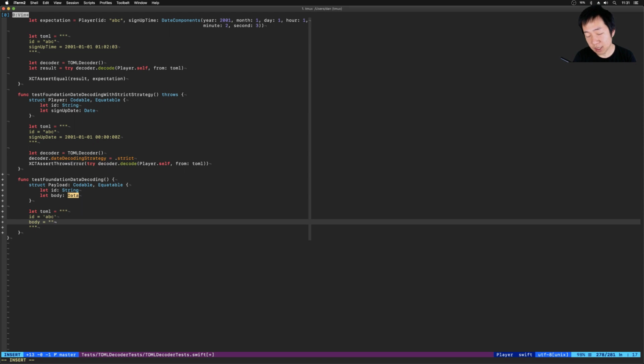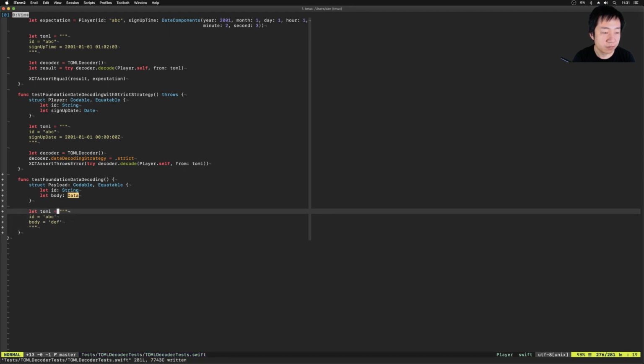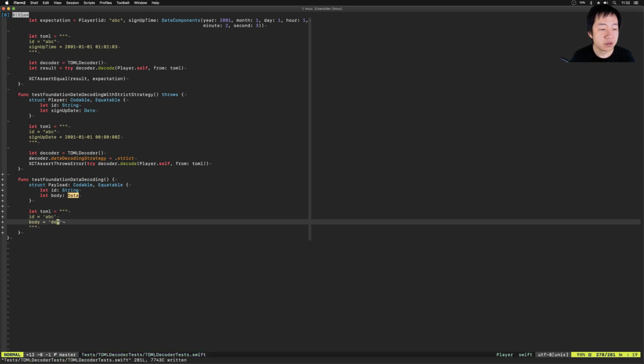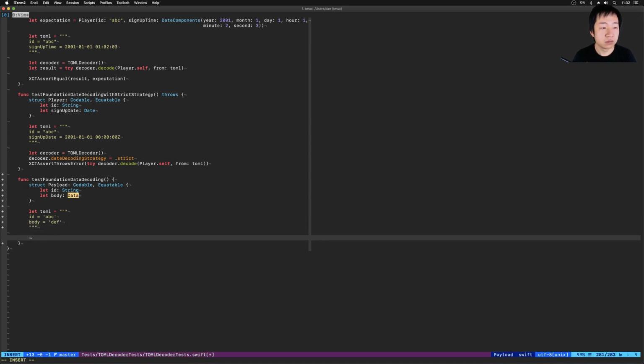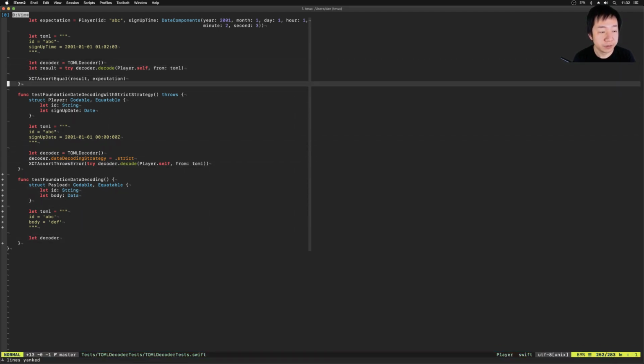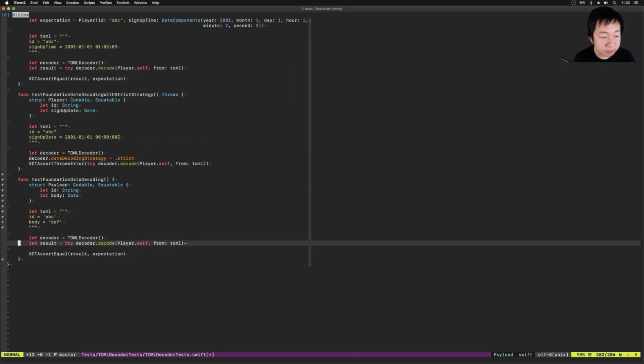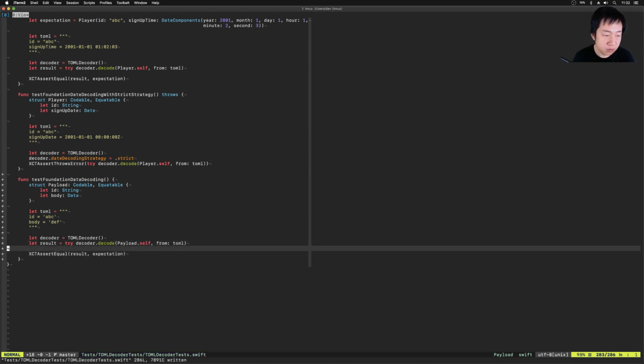And again, in TOML, you can't represent data in any good way, so you have to live with strings. So we're just gonna copy all this, right? There's the payload, and this should equal